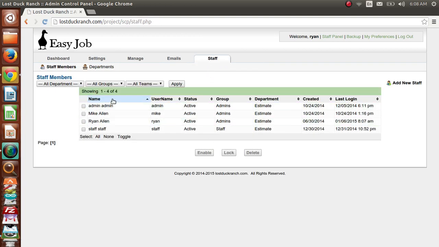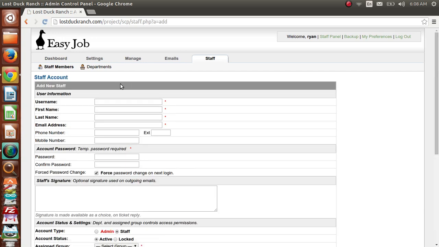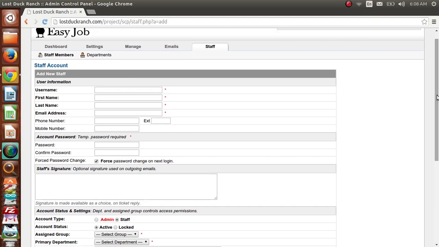Once you're here, it's going to list all the staff for your software. You're going to want to look to the right of your screen and click add new staff. When this loads up, it's going to load up a form. You're going to want to type in a username. The username is going to be what the employee is going to log in with. So I'm just going to do Brian, and then you're going to want to do a first name, last name,